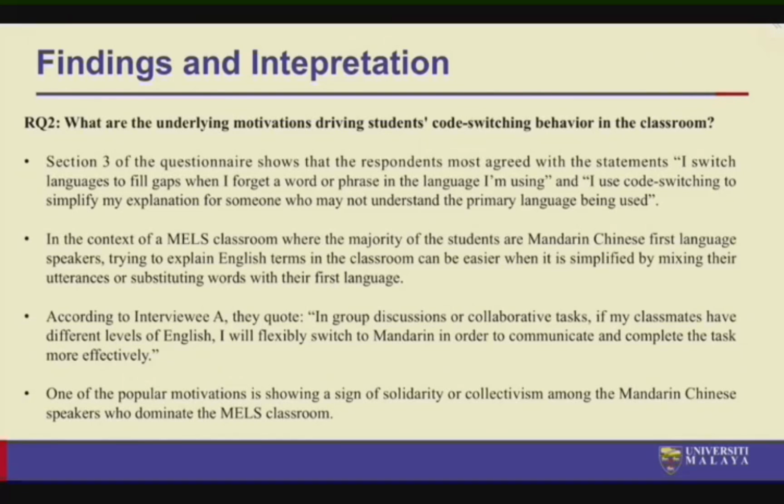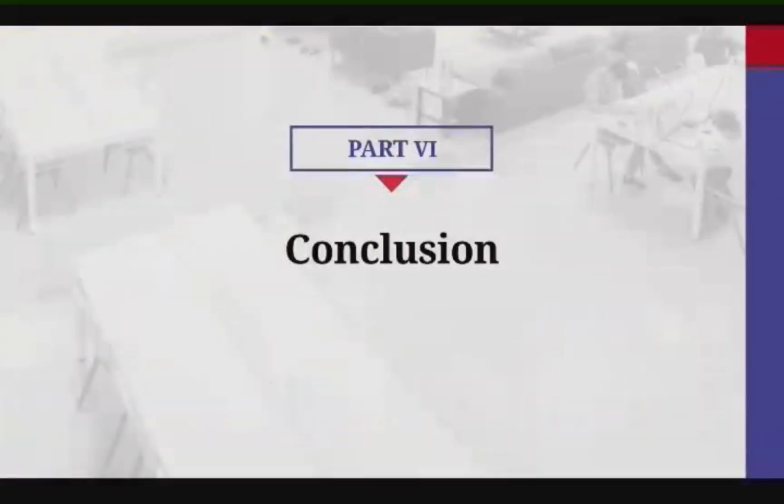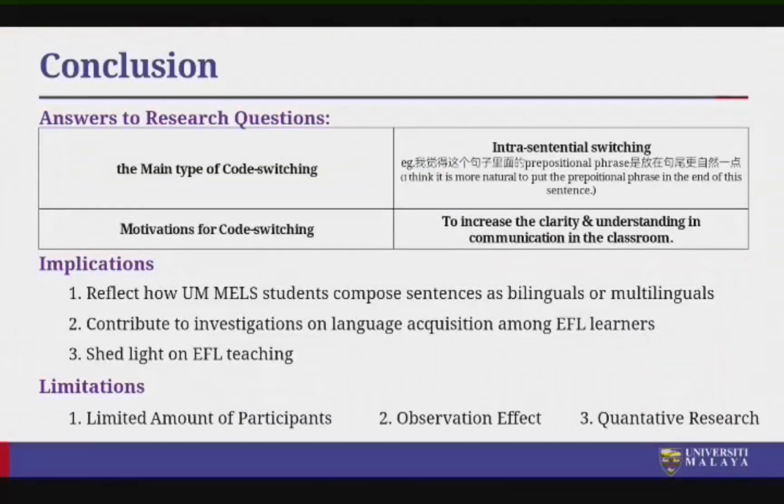This highlights one of the most popular motivations for code switching. It serves as a sign of solidarity and collectivism among the Mandarin Chinese speakers who form the majority in this learning environment. In conclusion, the most important type of UM students' code switching is intrasentential code switching, where the language switch occurs within a single sentence, clause, or phrase,